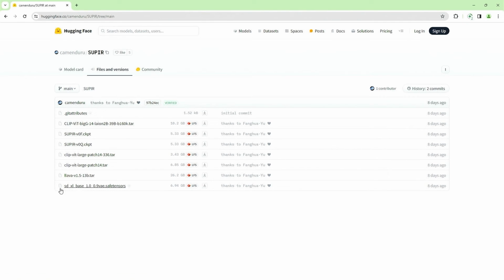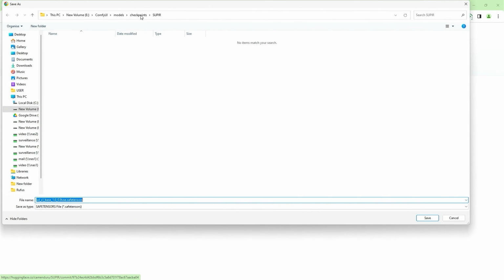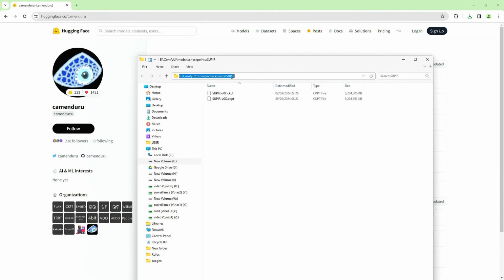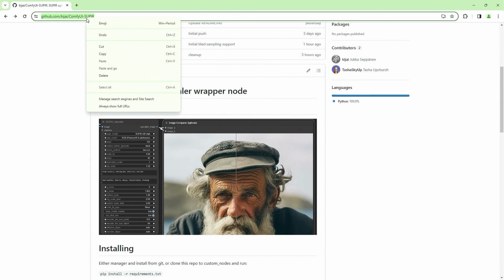And you also need an SDXL base. Download this one. Go here, SDXL. I already have it, so I'm not going to install it. I created a folder called SUPIR inside the checkpoints folder, so I know which models are which. I'm just going to copy this over